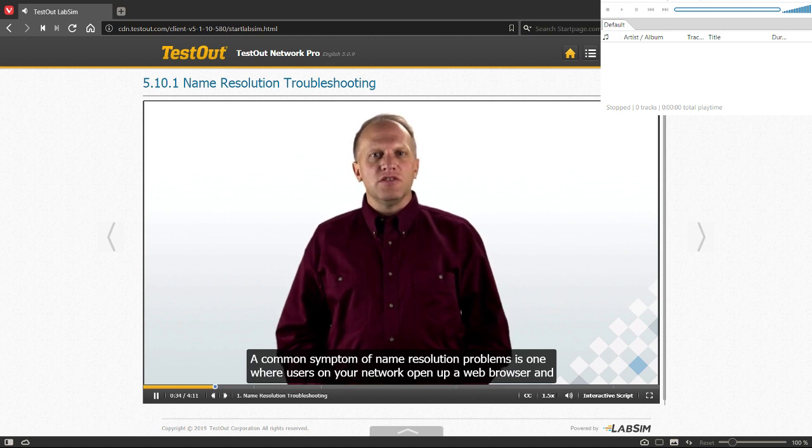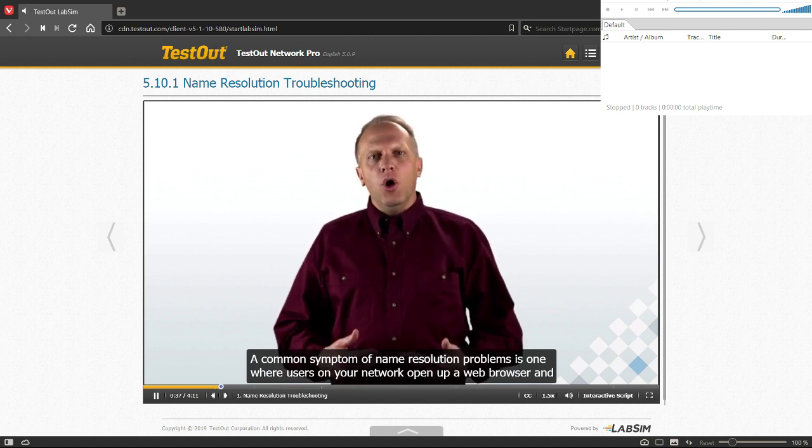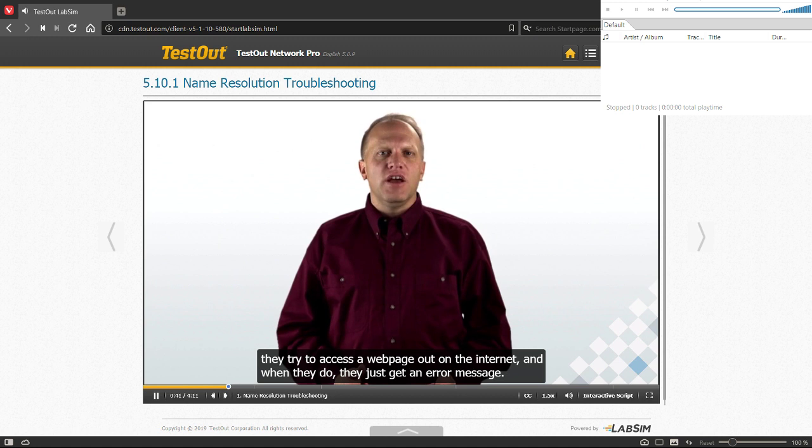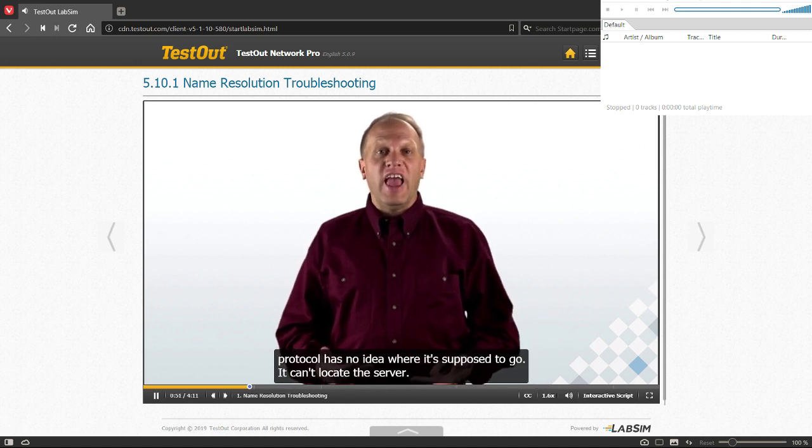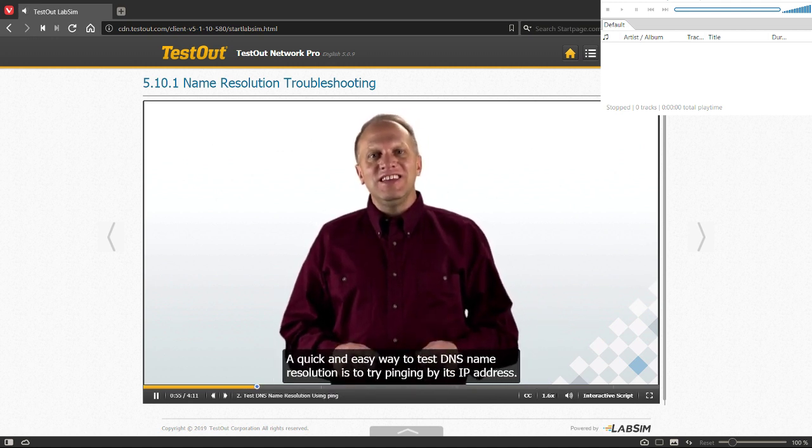Now, a common symptom of name resolution problems is one where users on your network open up a web browser and they try to access a web page out on the internet, and when they do, they just get an error message. Something is displayed saying essentially, I can't reach the server, because the IP protocol has no idea where it's supposed to go. It can't locate the server. Now, a quick and easy way to test DNS name